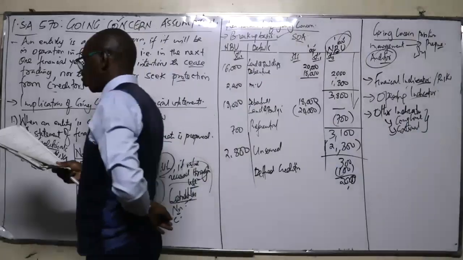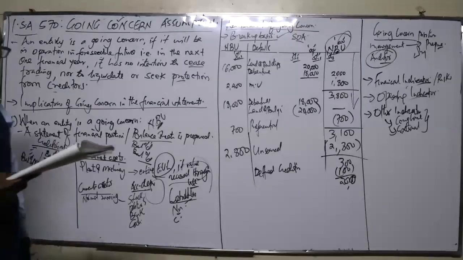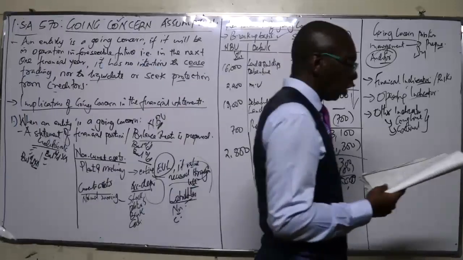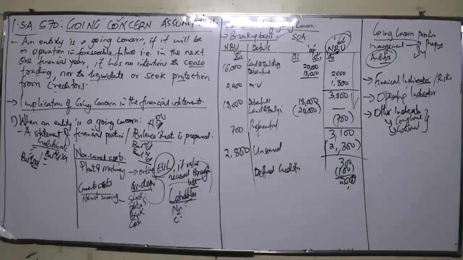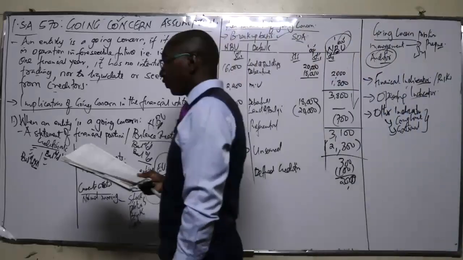These are factors that will indicate that the going concern assumptions are threatened, compromised, put into question, etc., etc. They include: